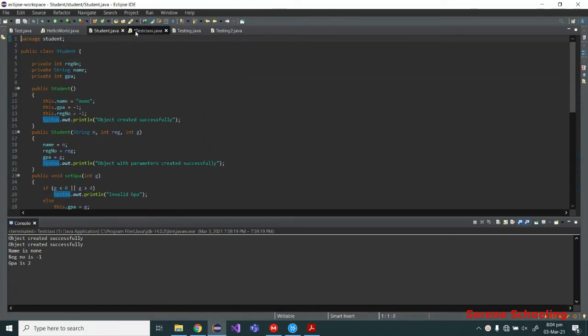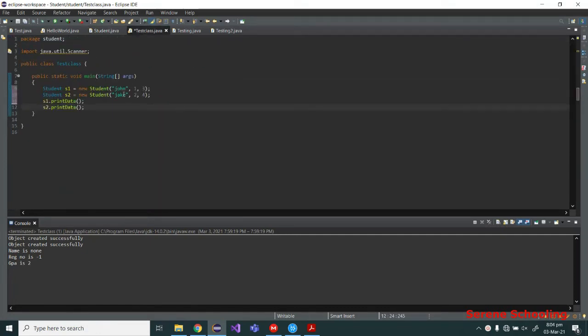By copying an object, we don't mean to copy just the reference. We need to copy all the data. So for now I have created two objects of the student class, and I'm using the print data method on both of them. I am giving these values to my data members through the constructor. So let's run our program, and